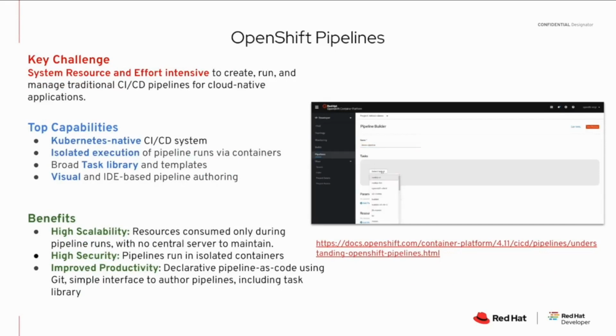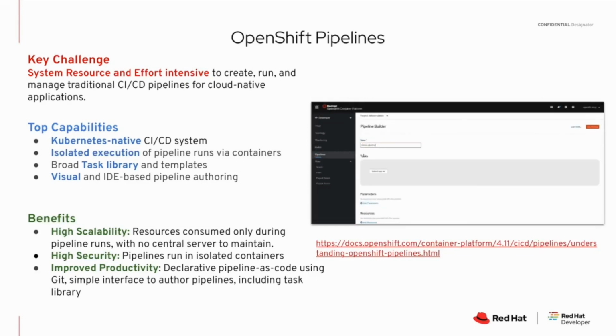So once you're in the outer loop, automation is the key, right? We all know that with automation, you get speed, you get predictability, and CI/CD is no longer a mystery. It's something that is very well adopted by all of us in our companies. But one of the key challenges around cloud native development is that cloud native is modularized and it takes advantage of scale. However, the traditional CI/CD pipelines have been found to be very intensive on resources, and it also takes a lot of time to set up because many of them follow a central model. It's not Kubernetes native, and as a result, what ends up happening is it either takes a lot of resources or a lot of time to set up and manage these.